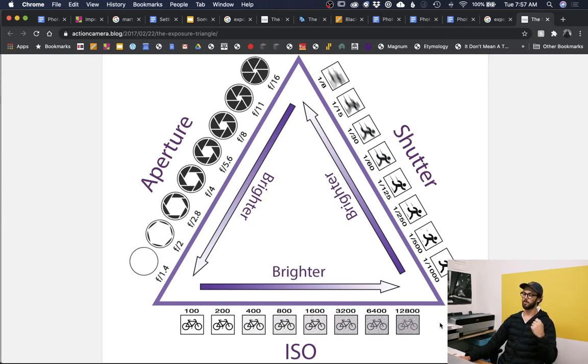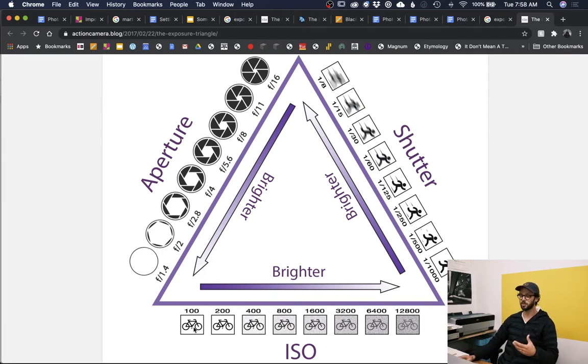Because if we get a tripod, we can use a slower shutter speed to accommodate, but more on that later. What I want you to do now, when you're doing this assignment, is pay attention to whether you're in a bright scene or in the dark, and you can play around with different ISOs. So one sign that's going to tell you that you might have an ISO that's too slow for your brightness,